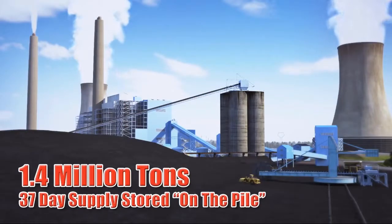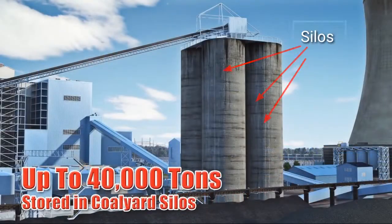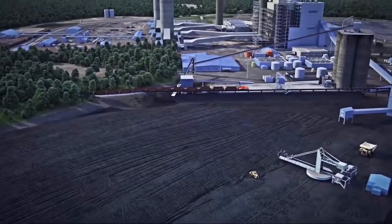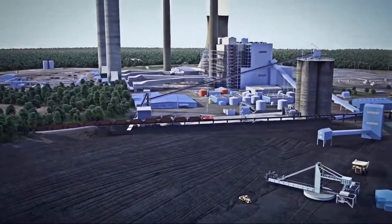We try to keep a 37-day supply of coal, about 1.4 million tons, on the pile in our coal yard, and up to 40,000 tons in silos. Since we burn as much as 38,000 tons of coal in a 24-hour period, we need to ensure we have a